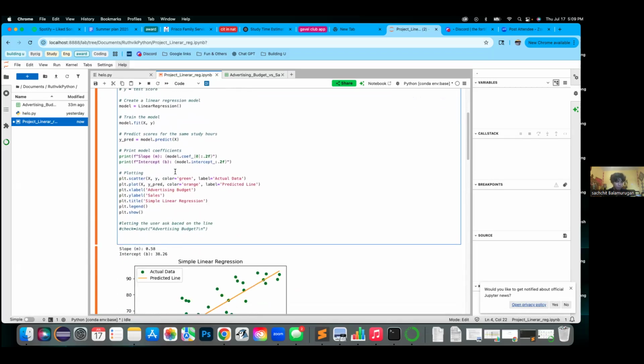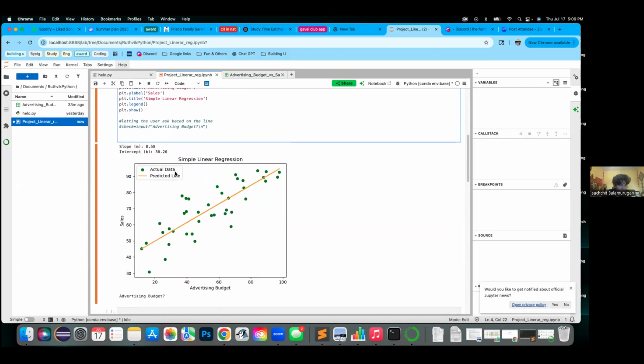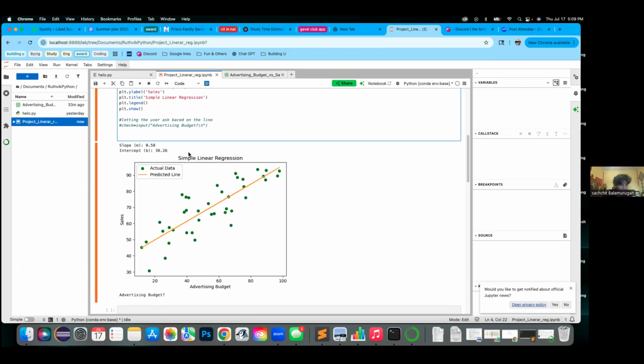Now, to your results. Explain to me what the slope and the intercept mean. Just be very vague about it, because obviously you don't know what it means until you can compare it with something else. Well, the slope is kind of like the degree of ascent.